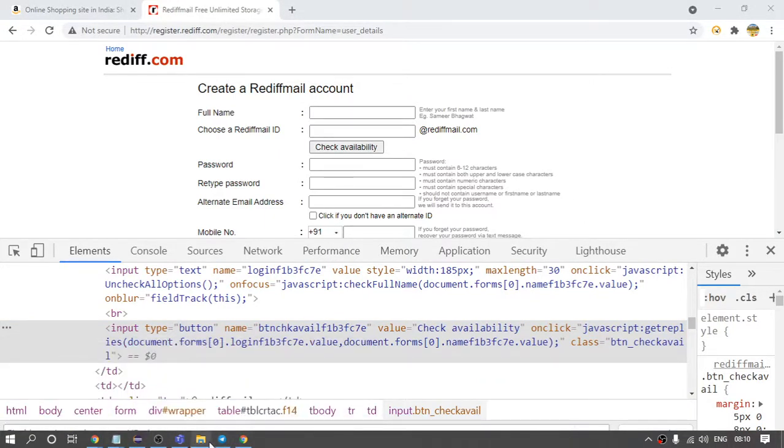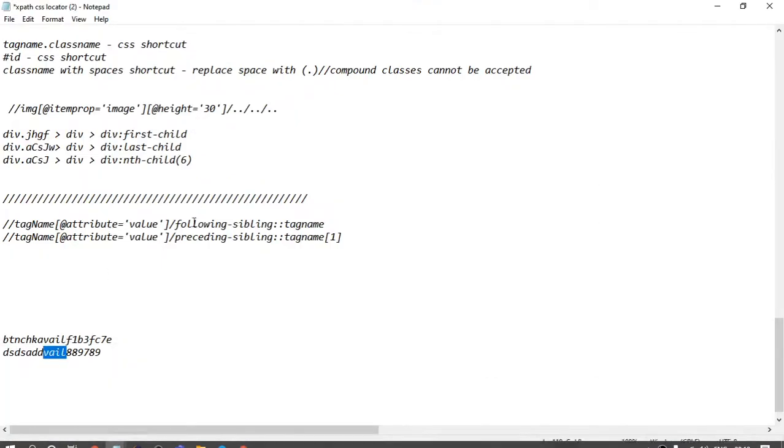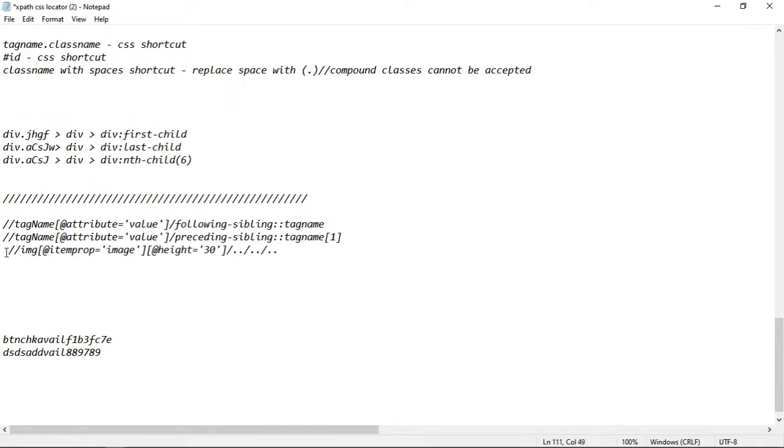So let us see how we can traverse from sibling to sibling, sorry, children to children in CSS. XPath we have discussed how we can traverse. This is how we are going to traverse in XPath. Either you can provide the tag name, after the tag name you have to provide an index, or if you do not provide it, it might happen that it will identify one or more items. So if I can say like this,